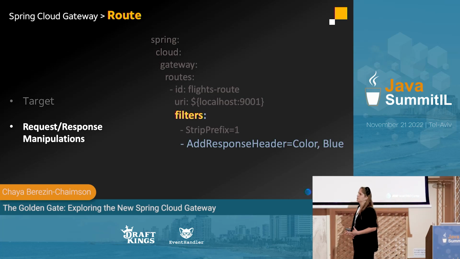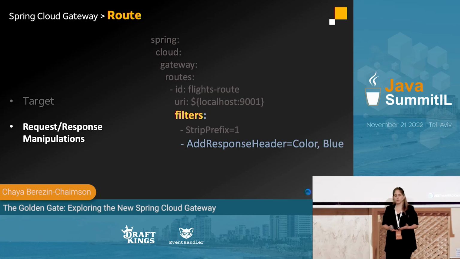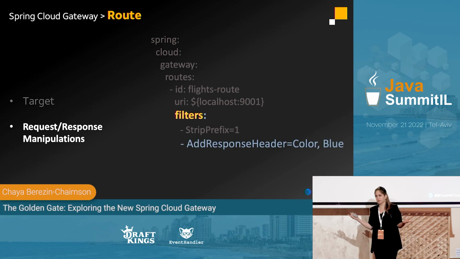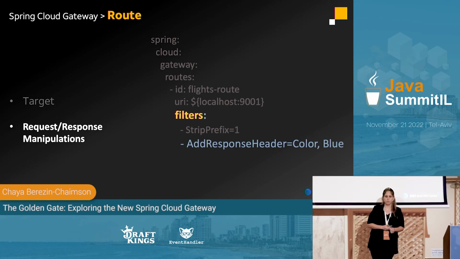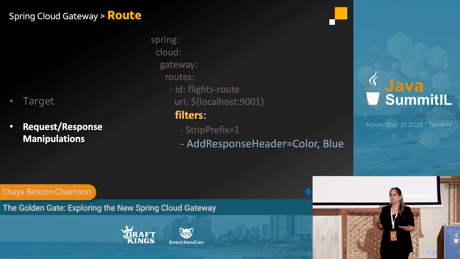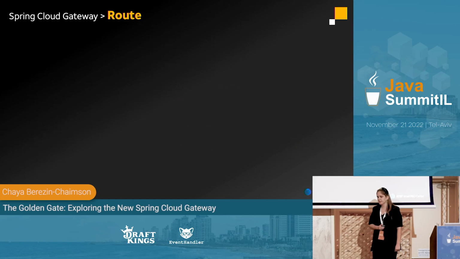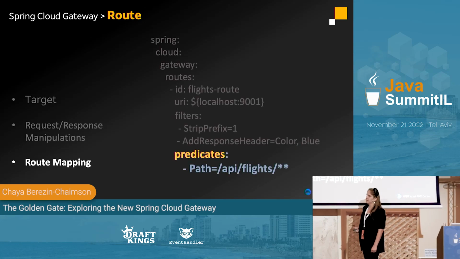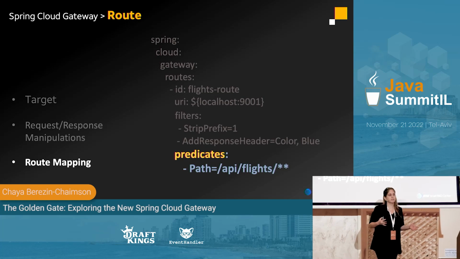Now, in order to complete the routing definition, we need to tell the gateway which request will match this route. We obviously don't want all the requests to match this route and to be routed to this specific microservice. So we have a list of routes, and we need a way to distinguish which request matches which route. And this is done using the third argument that's called predicates. And the predicates are Java 8 predicates that have the request as an input, and they determine whether this request